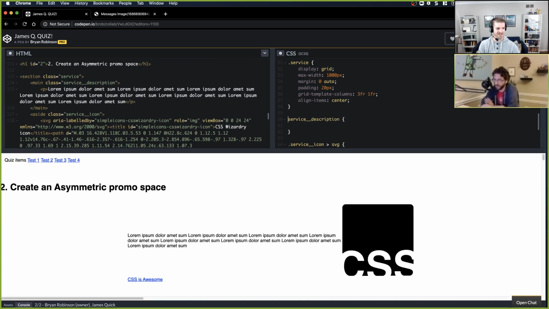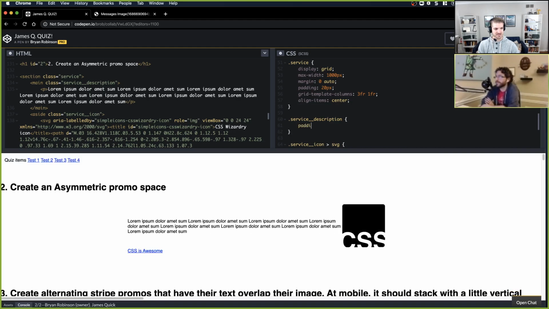Don't forget the period. Yeah, thanks. And just do padding here. I don't need top and bottom, although if the logo was somehow smaller and the text took up enough, you could use it. So I'll just do 20 pixels all the way around, and that'll give some breathing room. It won't really affect where it is vertically right now, but it'll give the breathing room inside and outside, or left and right.